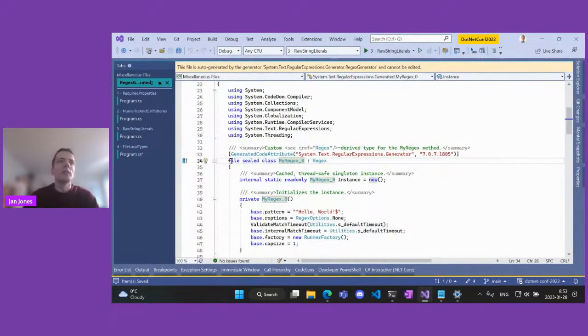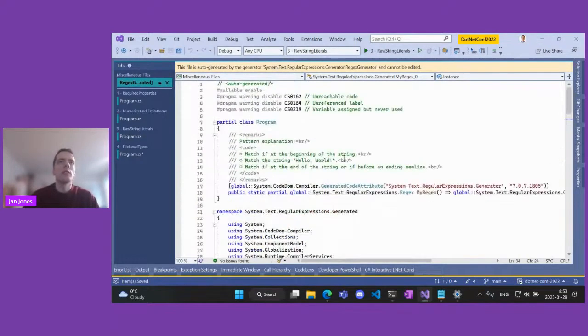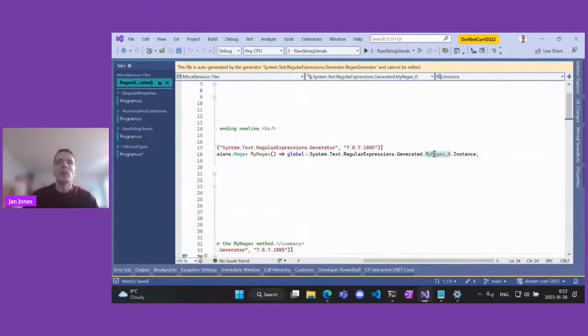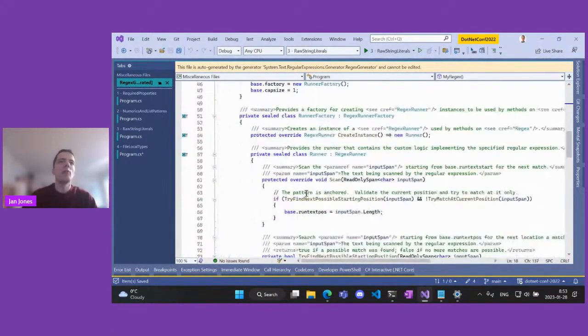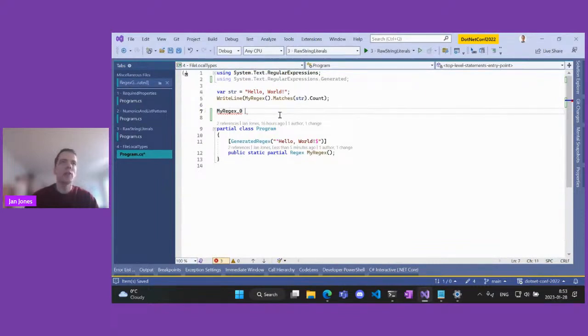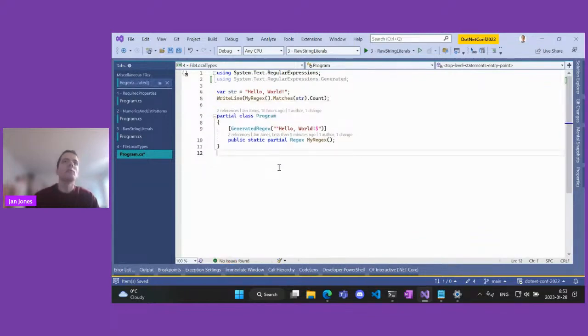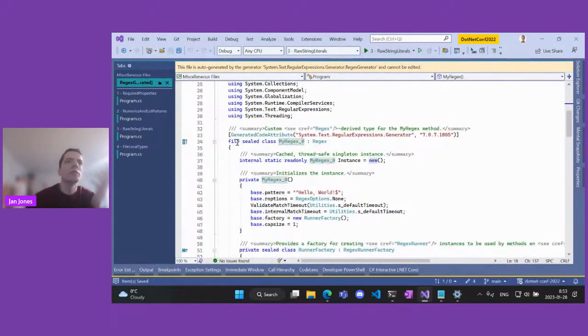So what the file modifier does is it declares this class as visible only in this file. So it can be used by the source generator here to implement the regex, but you cannot actually see it. So if I were to declare a variable here of the type, it would be an error. It shouldn't even be visible in the IntelliSense here. It was visible before, but that was probably a bug. But it shouldn't be visible if there is a file modifier. So yeah, that's another feature of C# 11, mostly useful for source generators.